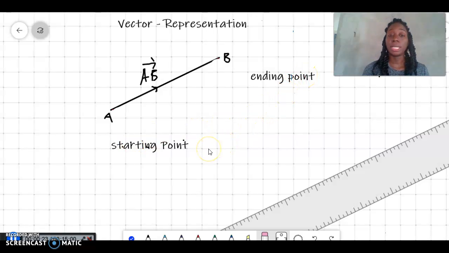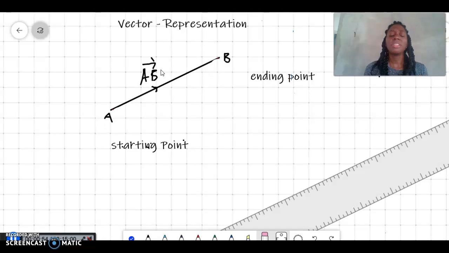Now let's say for example Pam travels from point A to point B. So if Pam started at A, then A would be considered to be the starting point. And if she ended at B, then B would be considered to be the ending point. Now, this journey can be abbreviated by AB with an arrow indicating that Pam actually moved from A to